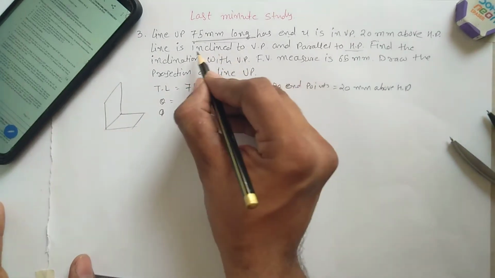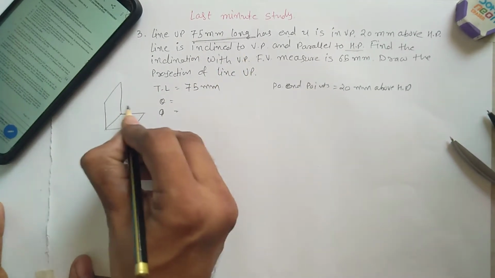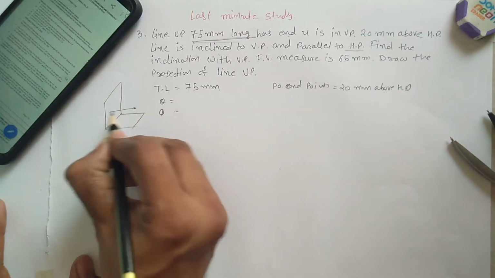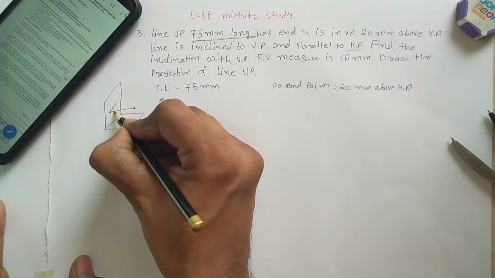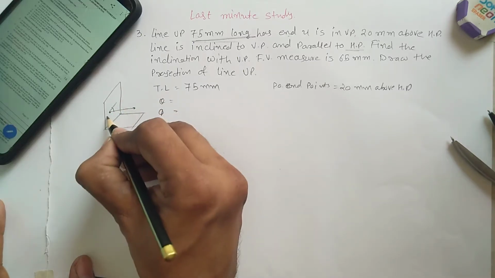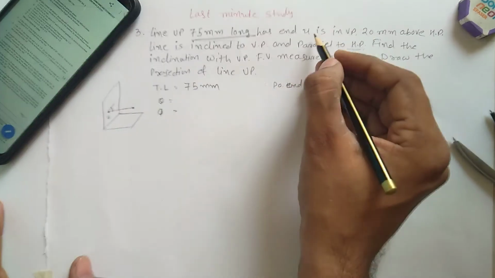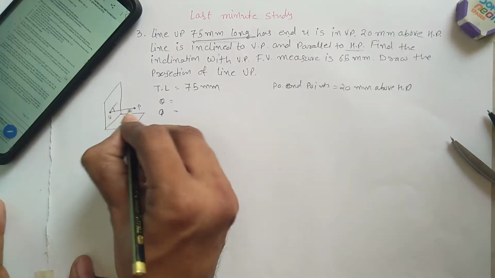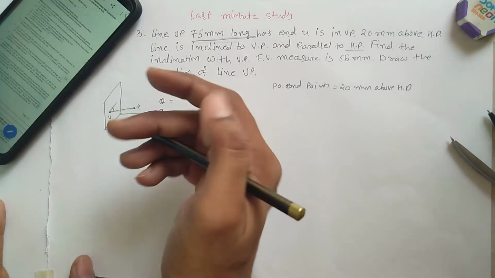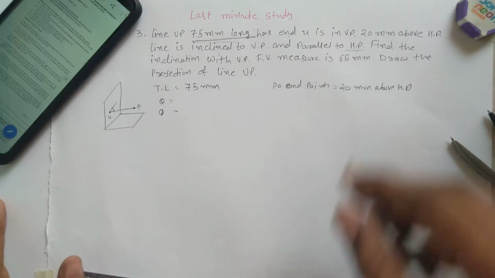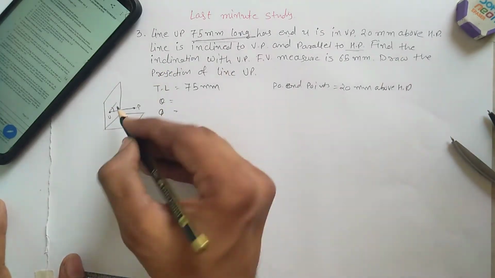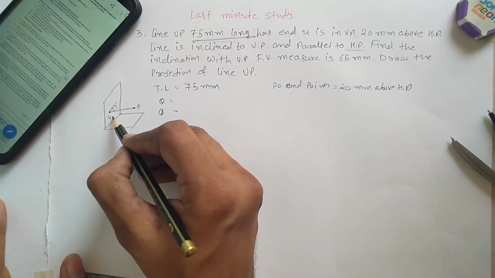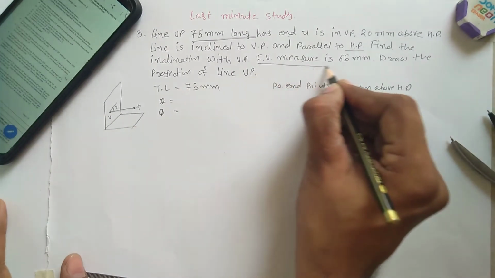If the line is inclined to VP, that means it is in this direction and parallel to HP, so it is something like that. So this makes an angle with VP. This point is U, because U is in the VP, and this is P. P is outside, it is in the air, and this U is on the VP. Find the inclination with VP. You need to find out this angle, and the front view measure is 65